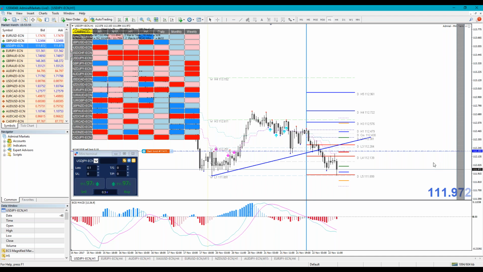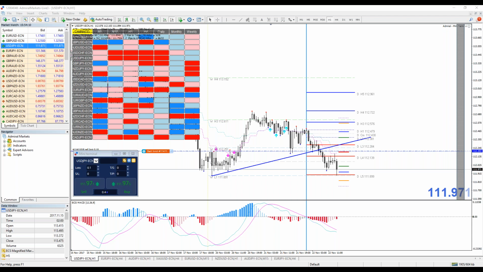You always need to watch for news. Guled is very smart, I mean, very careful, and I'm too. I would have wanted to tell you that, but of course we need to watch for the FOMC definitely today. So this setup on dollar yen would be the best if it happens before the FOMC.